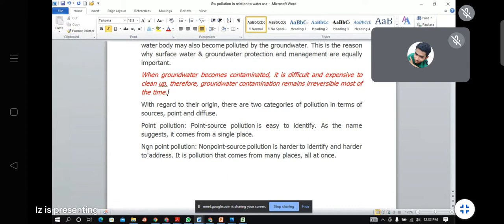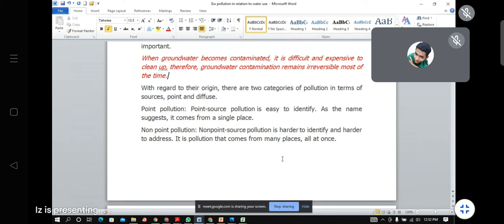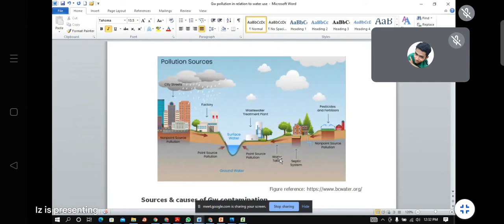Now, non-point pollutions are harder to identify and harder to address. It is pollution that comes from many places all at once. Right? So is the idea of point pollution and non-point pollution becoming clear? Okay. With this pictorial diagram,